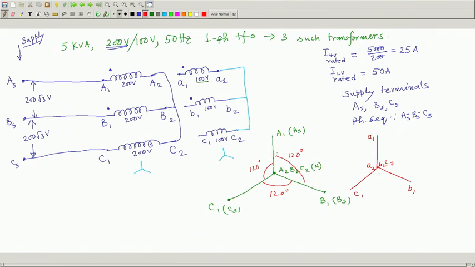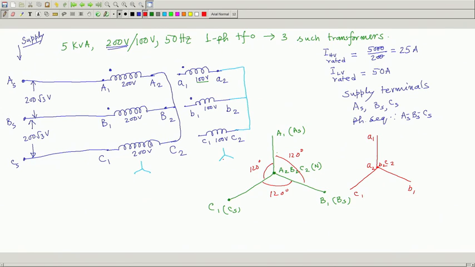As per your connection, you put them in, but one thing is clear: A1 A2 will be parallel to small a1 a2, B1 B2 parallel to this one, and this length is 200, this is 100, and so on. That will be maintained, single phase only. Although we have connected it in a particular fashion, I will apply only the rules of single phase transformers to carry on further. So, this will be the phasor diagram, and then I will say this is a 3 phase transformer which is connected in star star, that I will write like this.